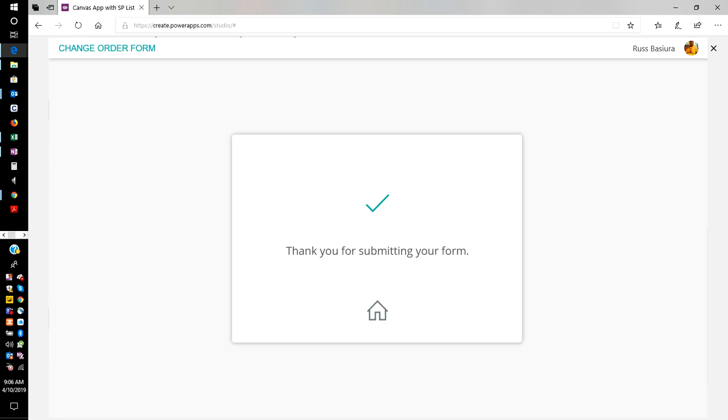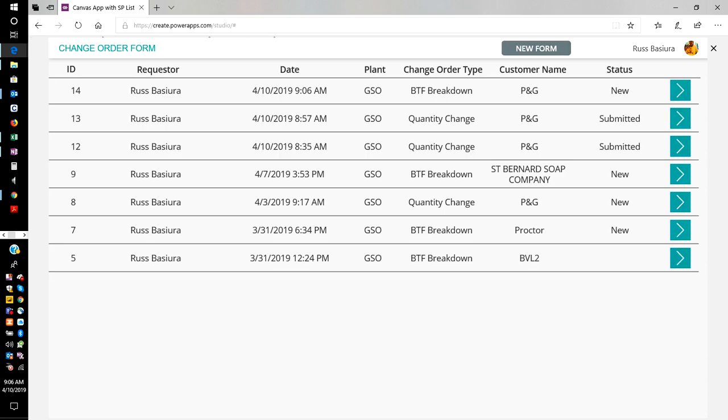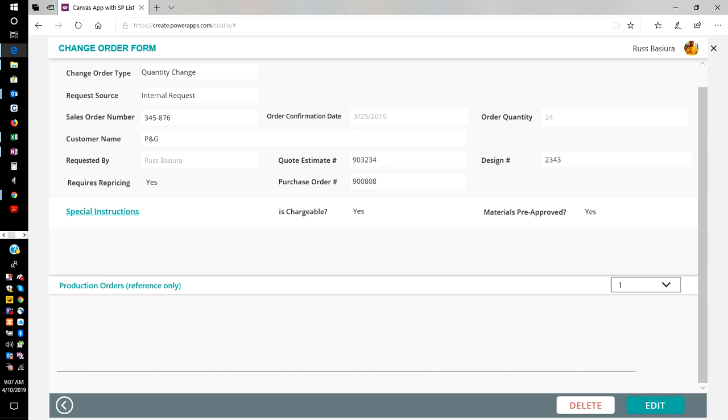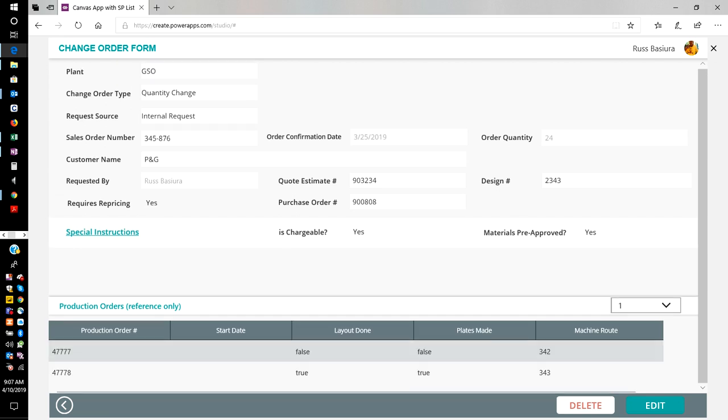It's going to come back, tell the user thank you for submitting it. The user can go back to the display form by clicking on this icon, and that's our new item that's added there. The workflow status is set to submitted. It's item 14. And we can go down and view the item from here. And if we need to change any values, we can make those changes within the screen. Hit edit,